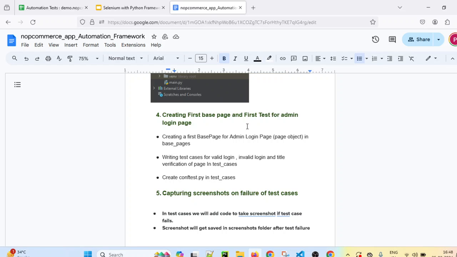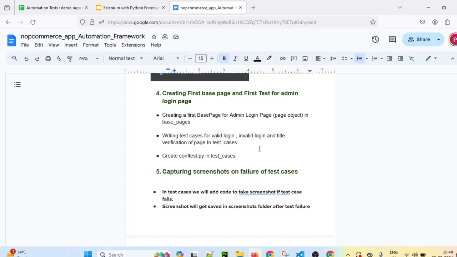For demo.nopcommerce.com, we created the first base page, which contains all the page related actions and locators. Then we created the admin login page object, and by using that page object, we created the test cases as well. We also wrote the test cases for valid login, invalid login, and title verification.